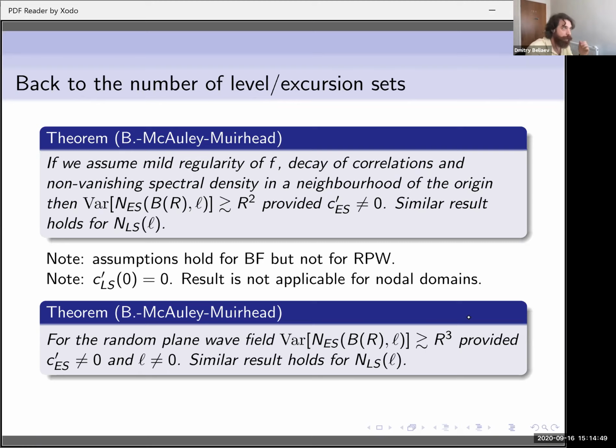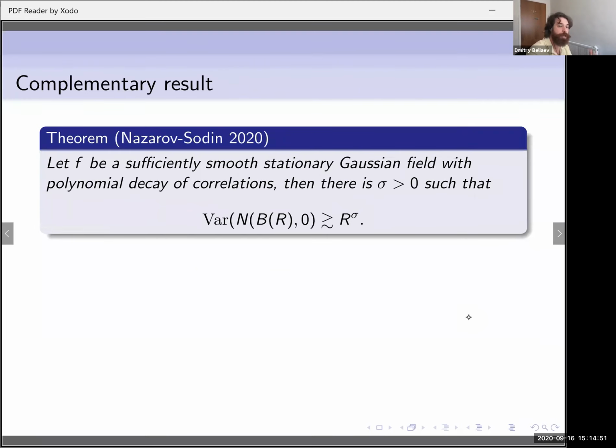Okay, and finally, let me mention that recently there was a complementary result of Nazarov and Sodin. They used a completely different approach. They tried to justify the Bogomolny-Schmidt argument, so their argument works exactly for nodal lines. And they prove that under very, very mild assumptions, their assumptions are much milder than ours, they can show that the variance